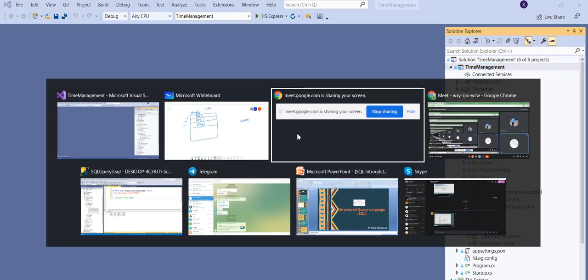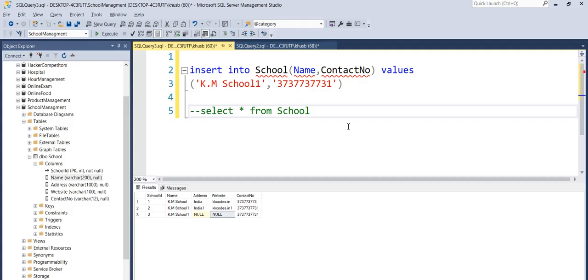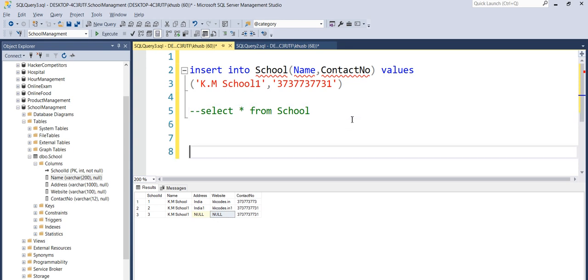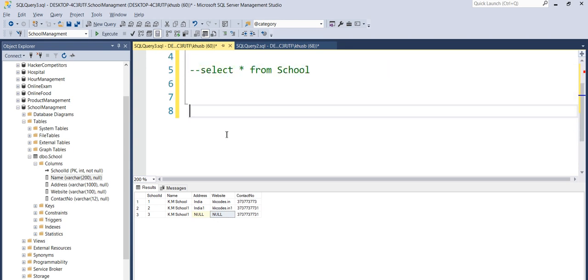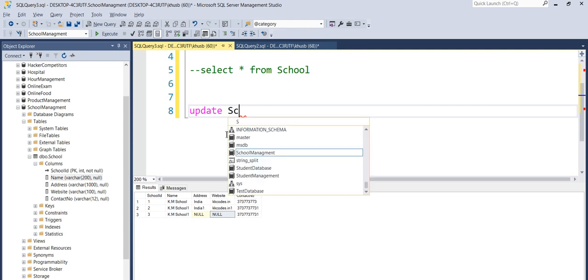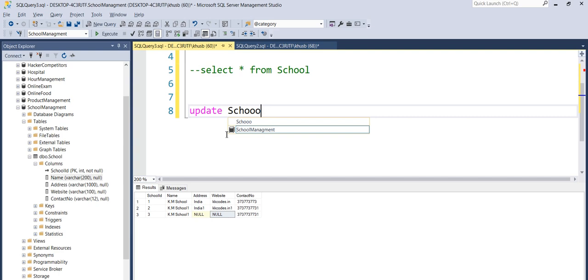So how can I do that? Using the update command. To use the update command, you need to write update. What do you want to update? I want to update a table. Which table? Update school table. Now, obviously in the school table there are so many columns. Which column do you want to update?